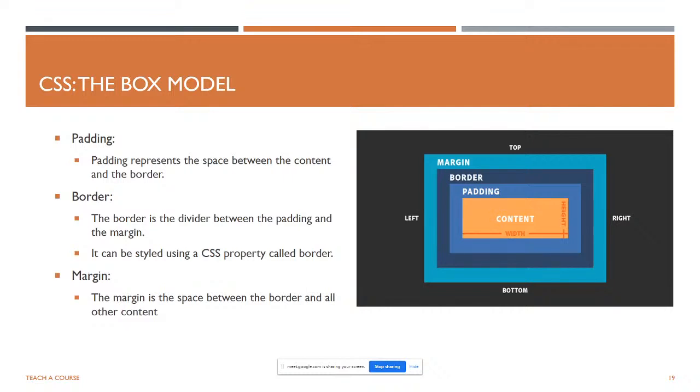Padding is the space between the content of the section and the container. Okay, suppose this is your container, this blue border, and your yellow border is the content. Then this space is known as padding and this space is known as margin.